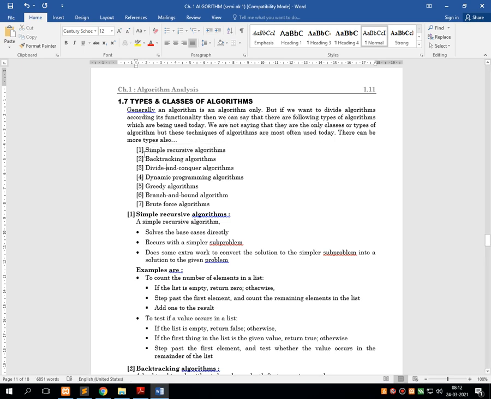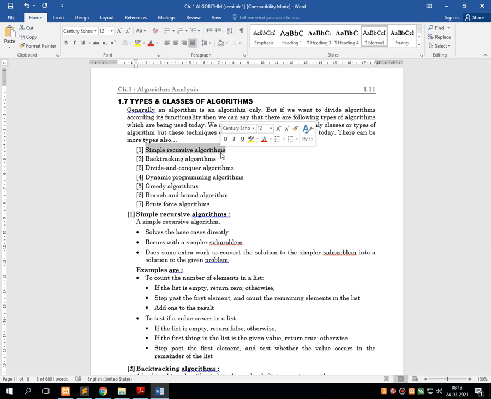So these are the various 7 types of algorithm through which we can implement any type of logical instructions. So day by day, as we complete our subject, we get to know about each and every type of algorithm in detail.